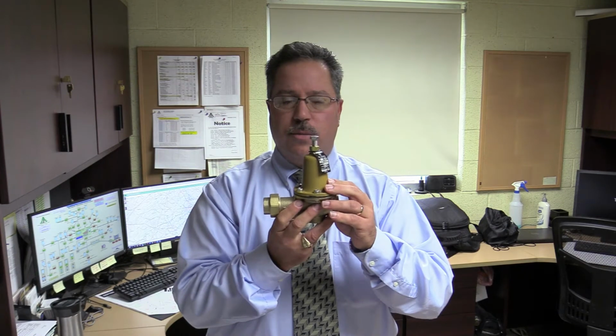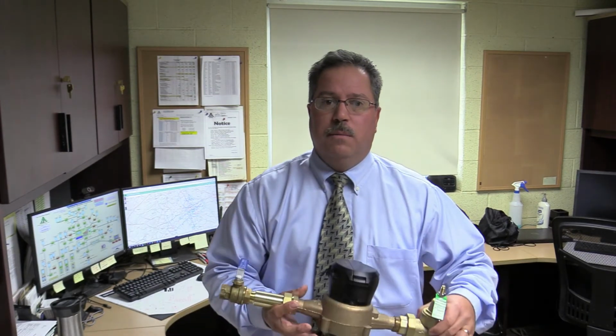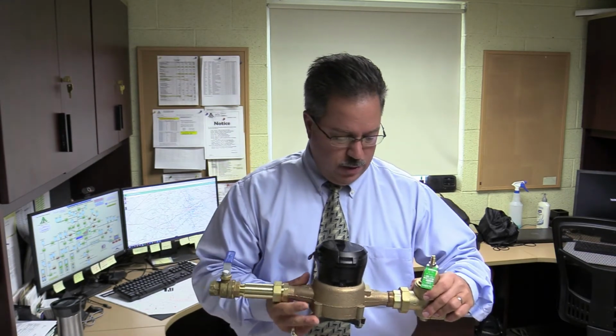There are other pressure reducing valves in the system or that you can purchase. This one in particular goes from 75 pounds to 125. Just be careful when you are installing some of these pressure reducing valves that you don't have a lot of plastic in your house, that you're afraid that some of the pipe might blow up or break apart. Some of the other issues that